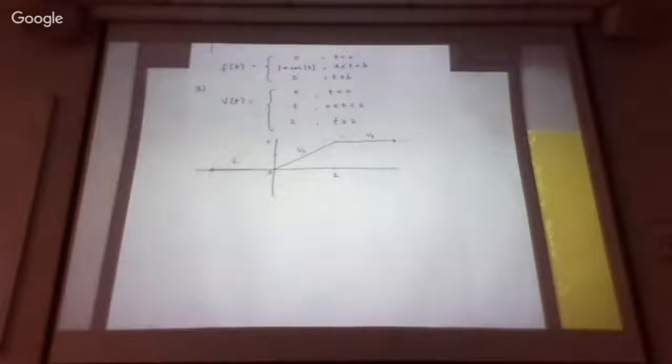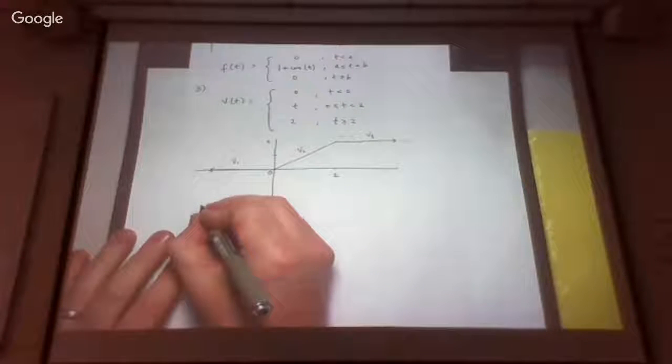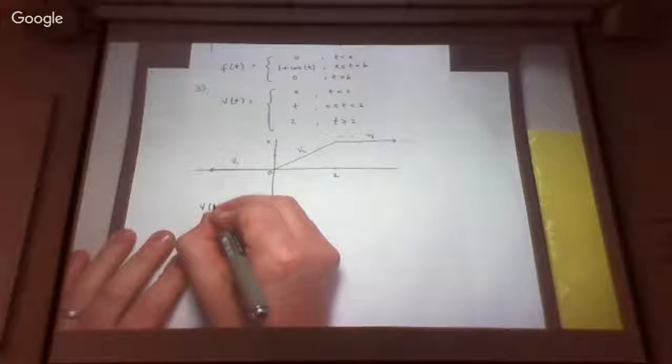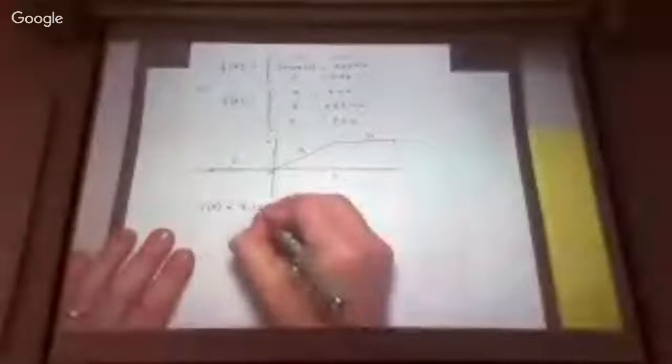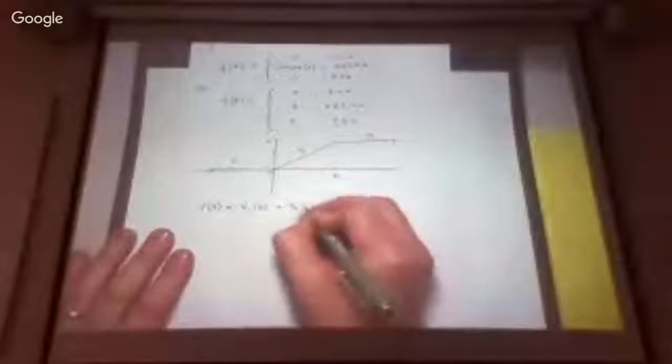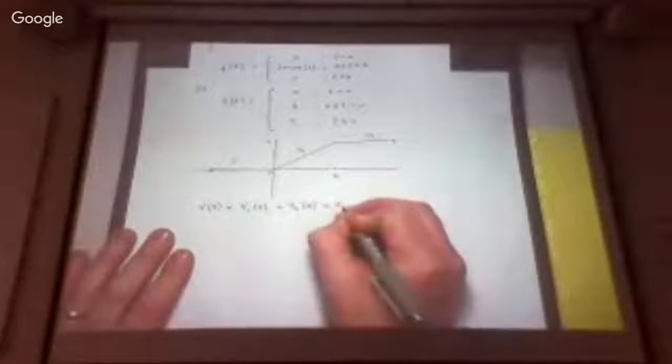So I want to find the expression for this involving Heaviside functions. So v of t we can think of as the sum of these 3 functions, v1 plus v2 plus v3,